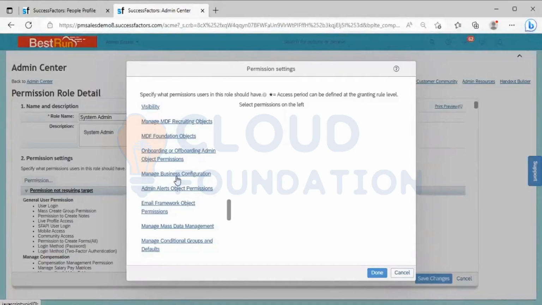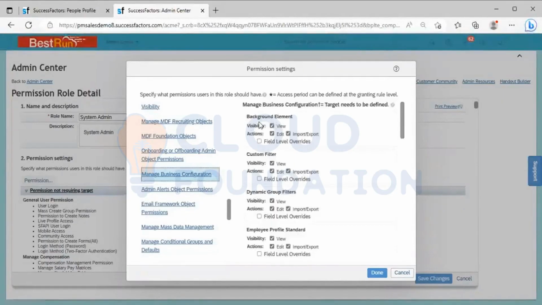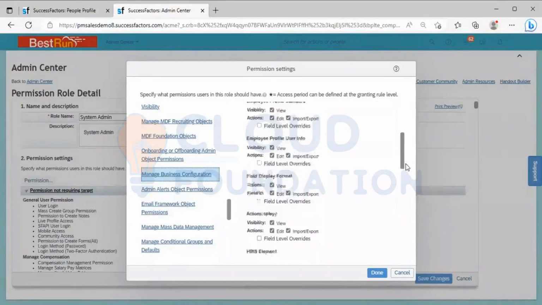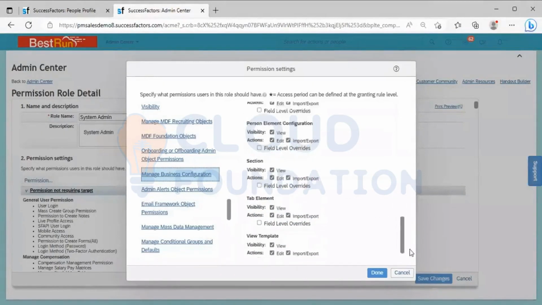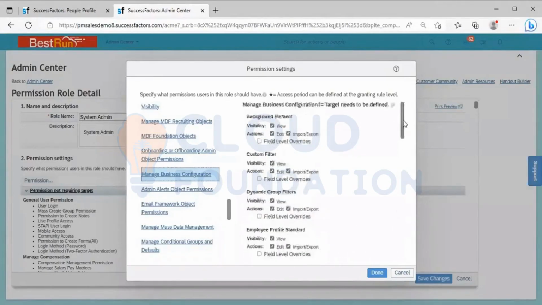Once it is enabled here, then we can go here and give the necessary permissions. Under manage business configuration, we have a lot of features: background element, custom filter, dynamic filter, employee file, standard, all the standard ones, all these things. We need to enable it from here. Once it has been enabled,